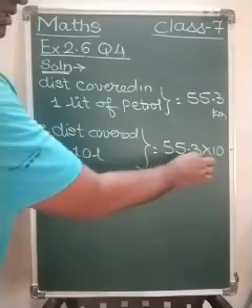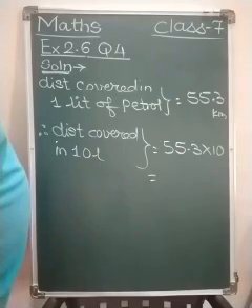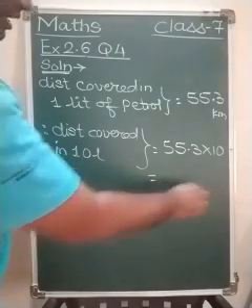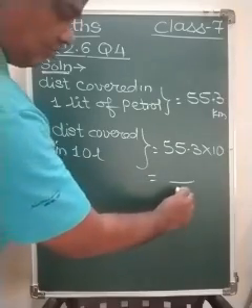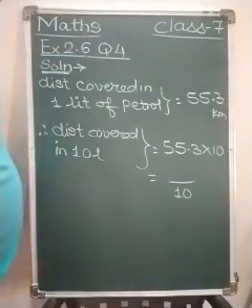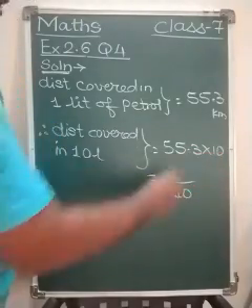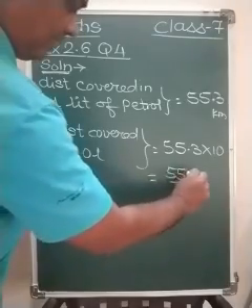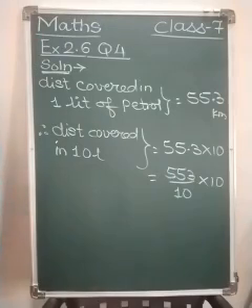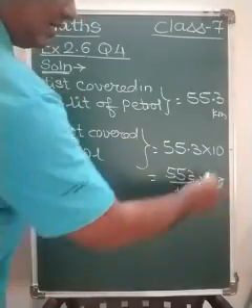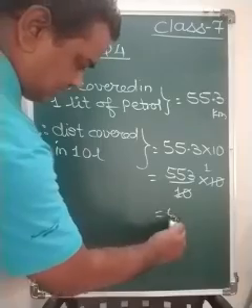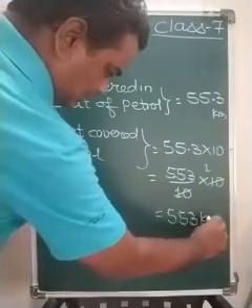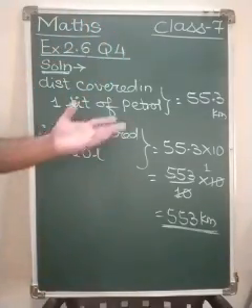So this equals to, now this 55.3, it can be written in a fraction form with the denominator as 10, 100 or 1000. After decimal point, only one place is there. So here we would have only 1 zero in the denominator and the number is to be written without decimal point. So 553 multiplied by 10 upon 10. Now this 10 and this 10 get cancelled and only 1 is there. So we get 553 multiplied by 1. So our answer is 553 kilometers. Done. The sum is solved.